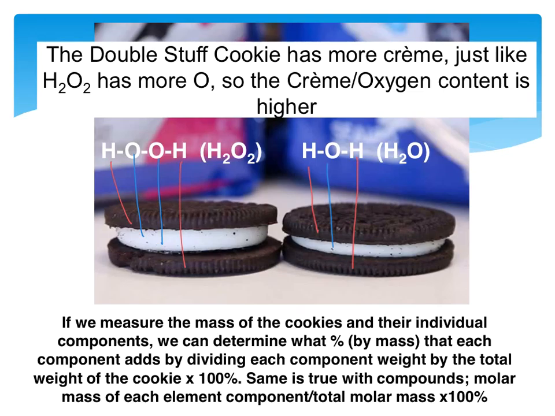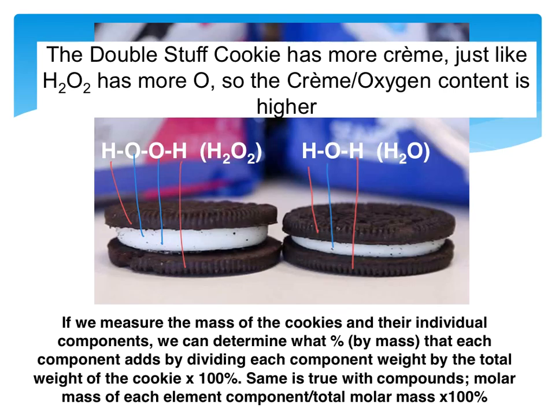Now, how would I get the percent composition of the cookies by mass? I would weigh the total mass of the cookie and then weigh each component of the cookie, in this case the cream and the 2 cookie shells, and use the percent composition formula, which is